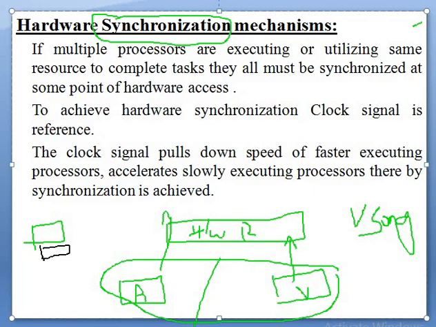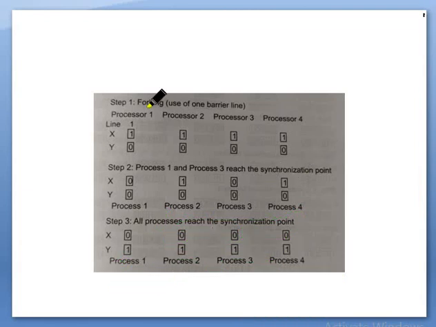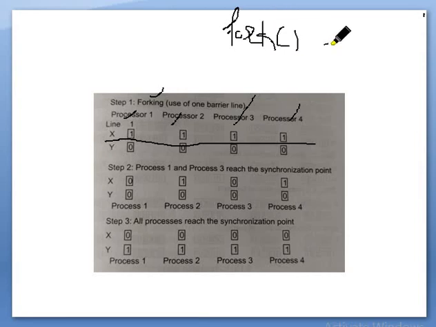So one case study we have. How can we expect synchronization to take place? There are 4 processors, 1 2 3 4. The initial vectors of them are x and y, 4 ones and 4 zeros. All are forked. Fork means what? I think you have used it in your Unix. Fork is to create a process.